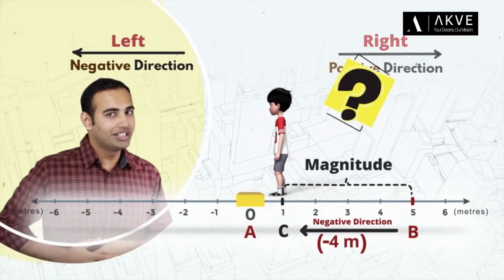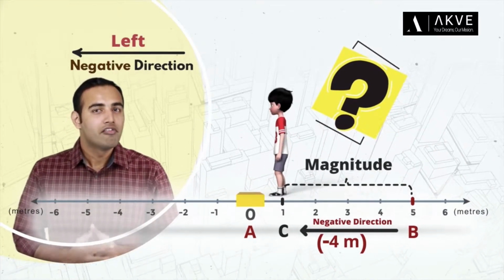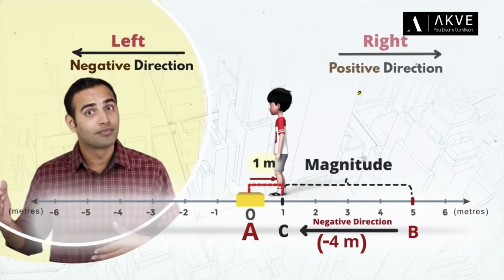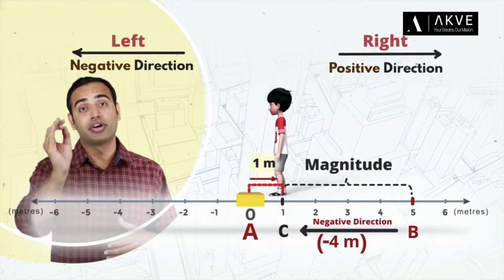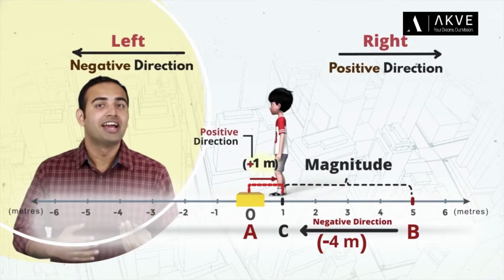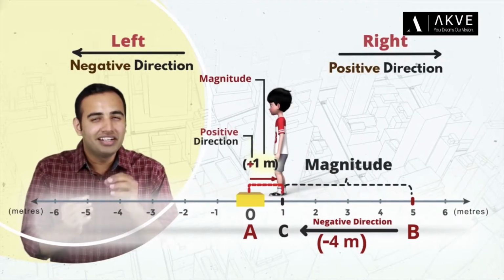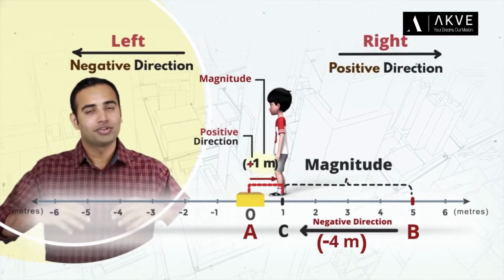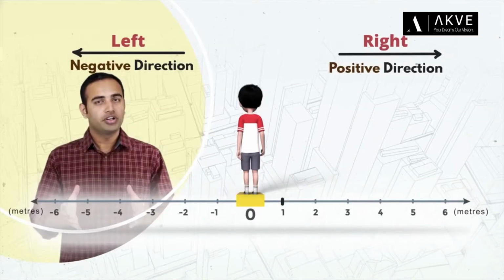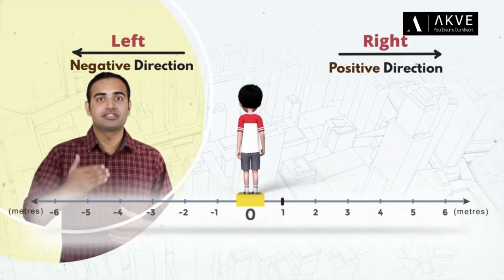But what do you think is the displacement of the boy with respect to his starting point A? Well, you see, from starting point A, the boy is still 1 meter towards the right. So the boy's displacement from the starting point A is nothing but plus 1 meter. Plus here indicates the positive direction and 1 meter indicates the magnitude of displacement. Now this concept might be a little difficult to wrap your head around, but in case you're not getting it, don't worry, we'll take it up again in an upcoming video. So I'm sure you now understand how we can assign mathematical signs to various directions after our previous discussion.